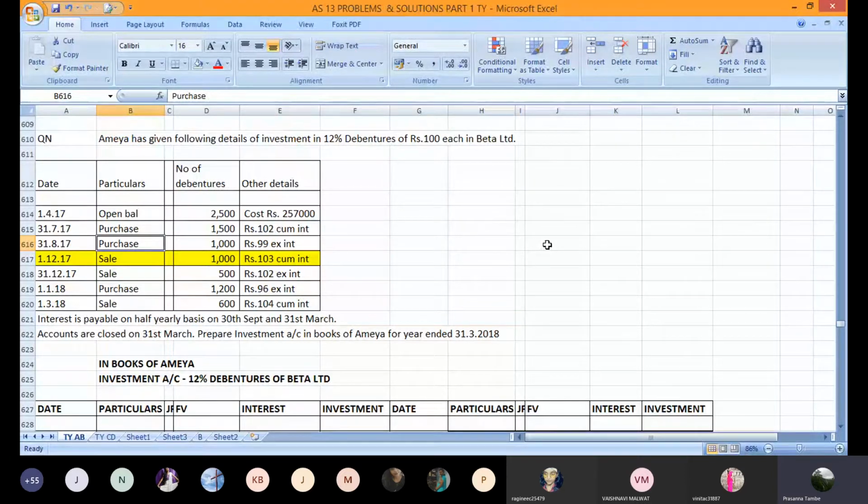I want all of you to try this calculation. I'll give you a couple of minutes for that. Try this working note first, and then we will see the entry. I'll show you the working note afterwards, after you work it out. I want everybody to try this working note.